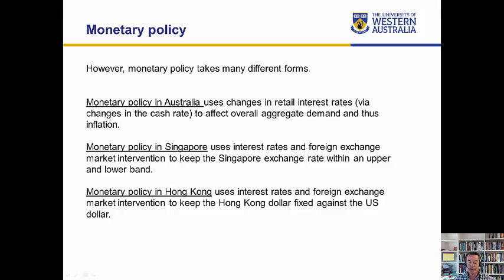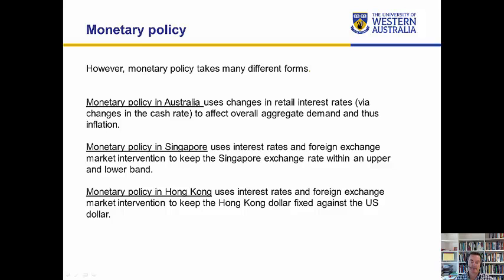If they do that, import prices, and imports are a very important part of the Singaporean economy, if the exchange rate rises above the upper bound of this band, then import prices will fall and there will be deflationary pressures on the economy, and we know the dangers of deflation. If they allow the Singapore dollar to drop below the lower band, import prices will increase and that could lead